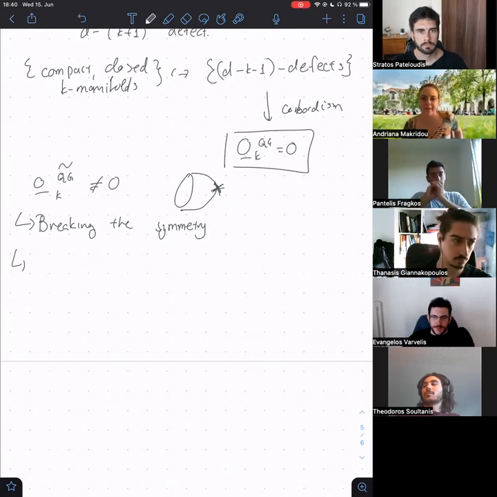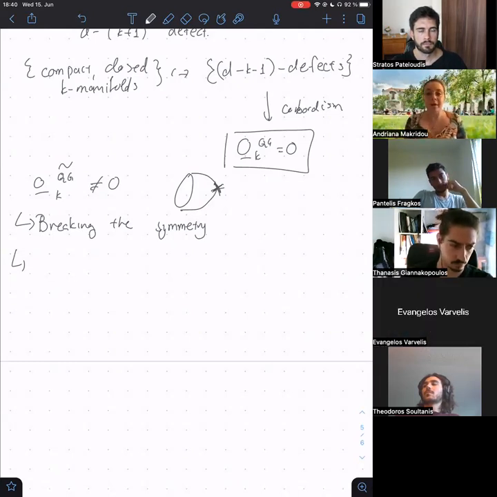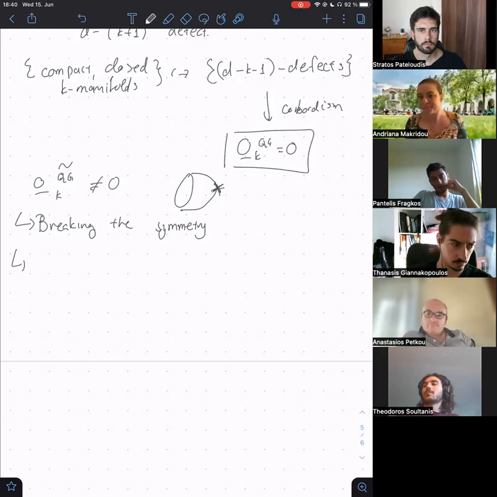You can predict things here, because now they are claiming, for example, type 2A and type 2B should be connected. So there should be some kind of domain wall defect between these two theories. And there should be some supersymmetry breaking defect. But we don't know what it is, but we predict its existence.